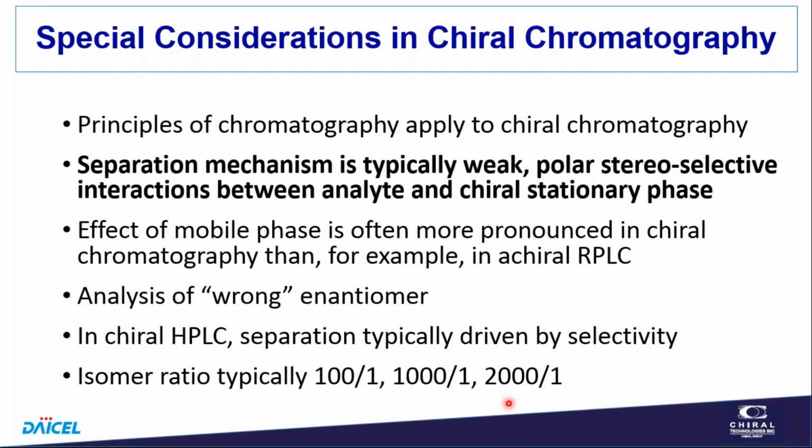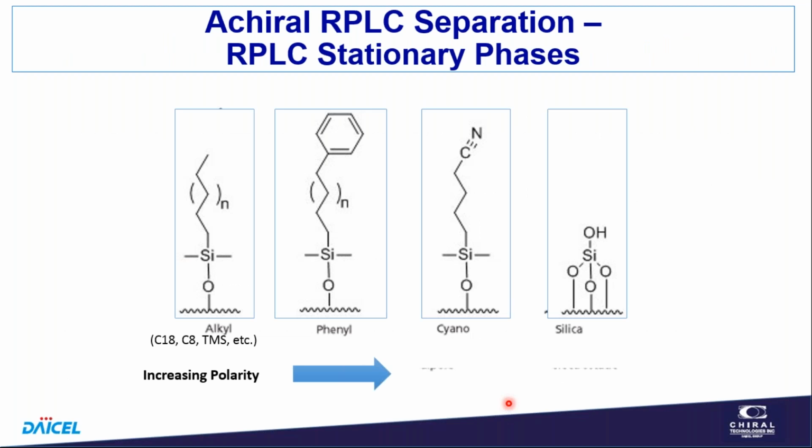The separation mechanism in chiral separations is different than we typically see in reversed phase or normal phase or other separation techniques that you may be familiar with. In achiral chromatography, we're used to seeing things like C18, which is a fairly lipophilic stationary phase with a pretty first-order interaction between analyte and stationary phase, just partitioning principally on bulk polarity. We can add some functional groups and change a little bit of selectivity and add some polarity, so increase the retention of polar compounds. But basically, we're looking for a single mode interaction.